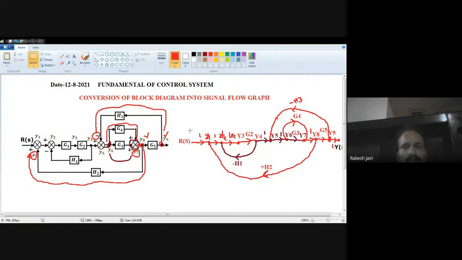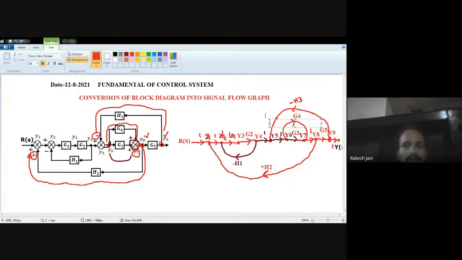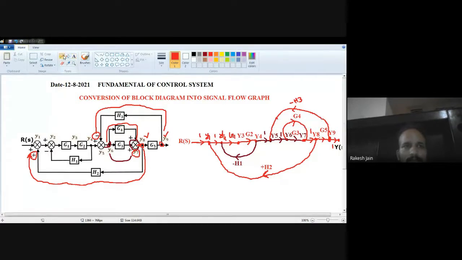For example, at the right hand side, when we see the signal flow graph, how many forward paths are there? There are 2 forward paths: 1 G1 G2 1 G4 1 and 1 G1 G2 1 G5. This y9 is a node name, not the arrow value. Remember this. The gain here is 1, which I draw at the left hand side at the bottom. So there are 2 forward paths.